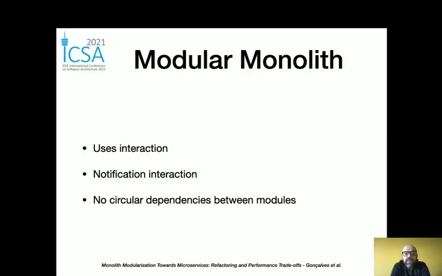Another type of interaction between modules is the notification interaction, where one module notifies that something occurred, but it is just a publish-subscribe interaction and it doesn't know who is subscribed. The reason we define these two types of interactions is basically to avoid circular dependencies between modules. So we define core modules that everybody knows about, and when something relevant occurs inside such a module, it just sends an event through the notification interaction.